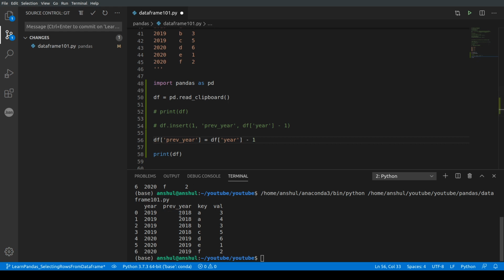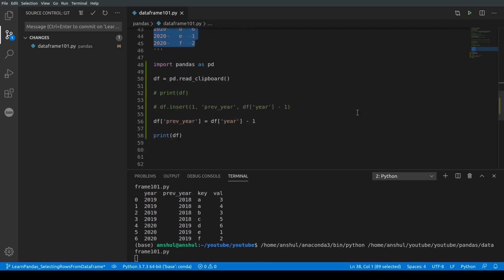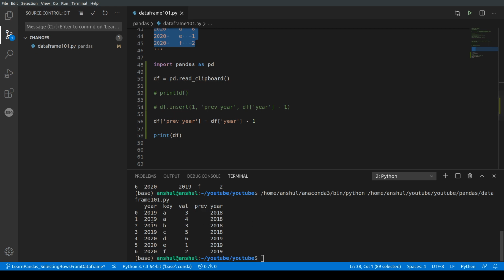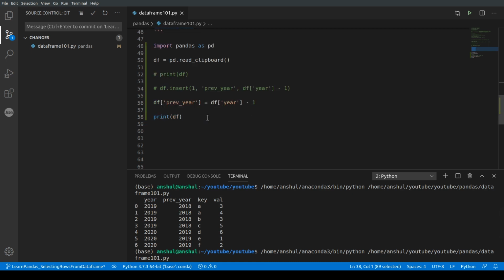It will still create the column, but it will be at the last index position. So I'll copy it and test it out. Yeah, the column still gets created, but it's the last column. So that's how the df insert method helps us.